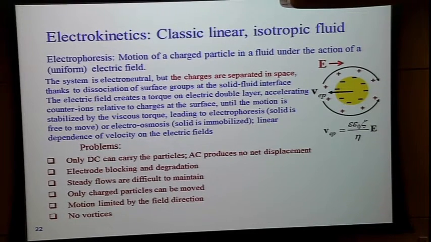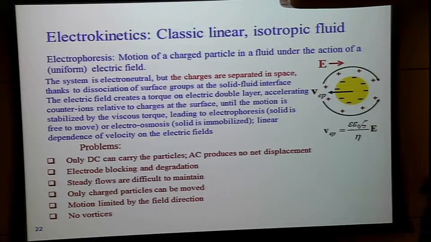Obviously, only charged particles can be moved. If my particle, for whatever reason, is not charged, it wouldn't move. And again, obviously, because of this linear dependency, you can have a motion parallel or anti-parallel to the field. For example, you wouldn't be able to create vortices that you might need to mix things at the microscale,